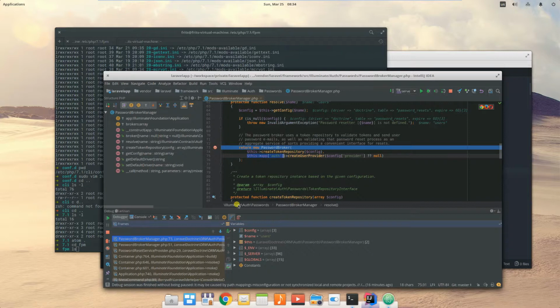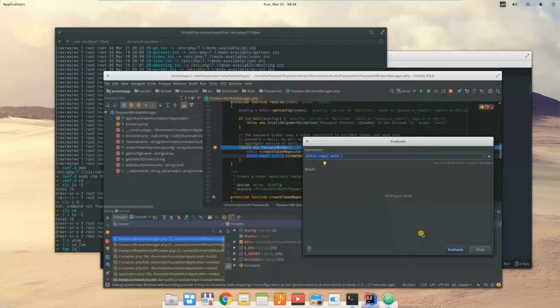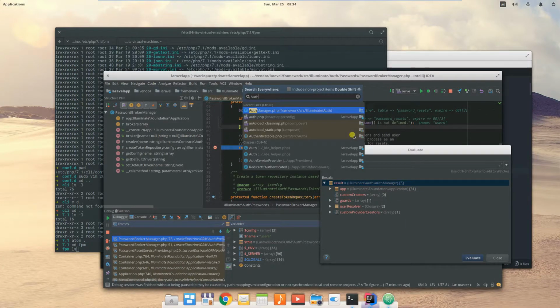So let's copy that. Now JetBrains also has this cool thing where it's got this evaluate arbitrary expression. If we click that, we get this dialog box, and it's already populated that for us. If we click evaluate, then we suddenly see we've got the result of Illuminate auth manager. So it's telling us exactly what this app auth thing is. So we need to then go to that auth manager. So if we go to auth manager,